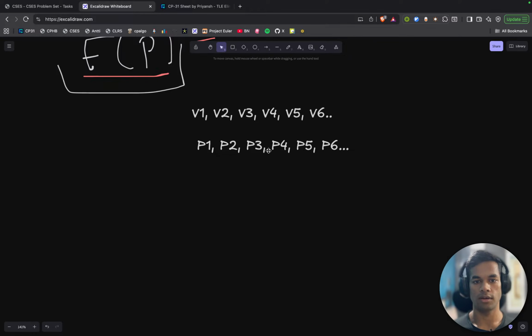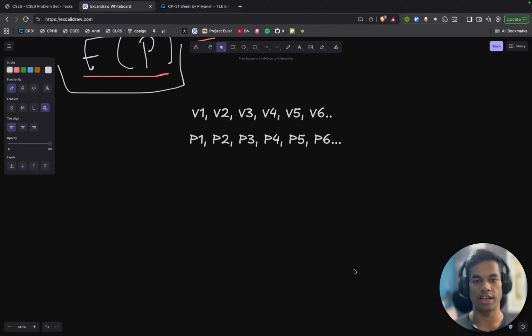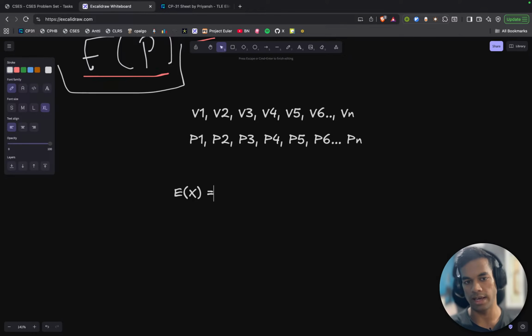If you have that, and let's say this goes till vn, and consequently this would go till pn, then the expected value function would take in this probability distribution, which we are calling x,